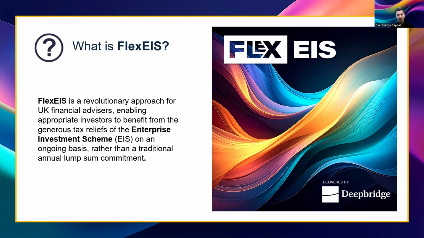So a question you might have is how do we offer this? For those on this webinar who are familiar with Deepbridge and have a working relationship with us, you'll be aware that our USP is that we deploy capital on a monthly basis for EIS anyway. We are the quickest provider on the market to deploy capital, and therefore we can be flexible, again, hence the name, to offer a monthly investment structure. Until other providers in the EIS space deploy as quickly as us, they won't be able to offer this service.